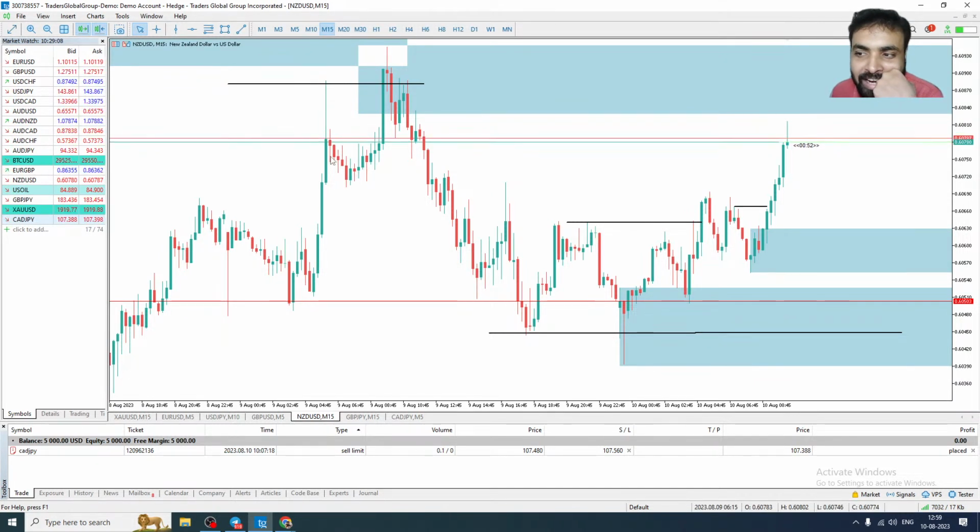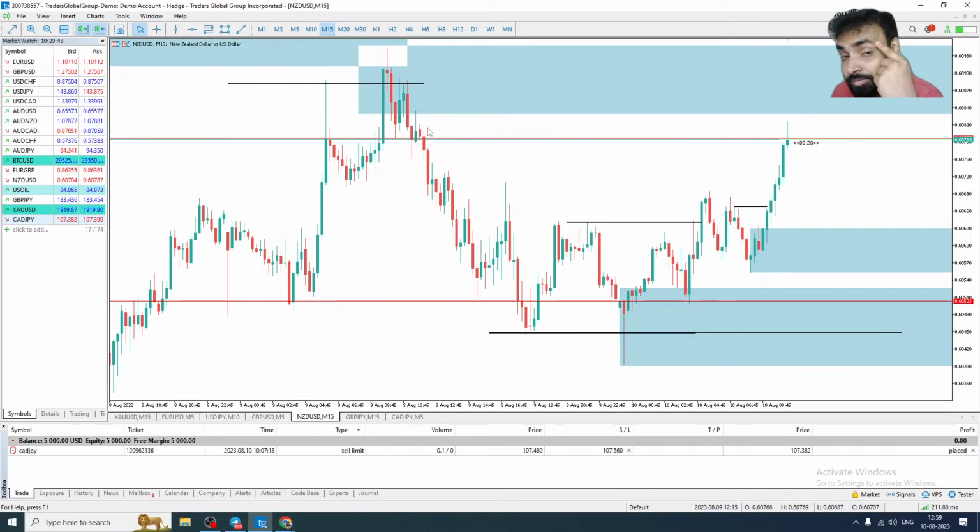Now you can ask me, can I trade using the swing point strategy? Yes, you can use the swing point strategy also. You can see there is a swing point here. Price reacted. There is a swing point here. Price is reacting right now. There is a swing point here, price reacted here. Swing point, reaction. Swing point, reaction. Swing point, reaction. This swing point failed.